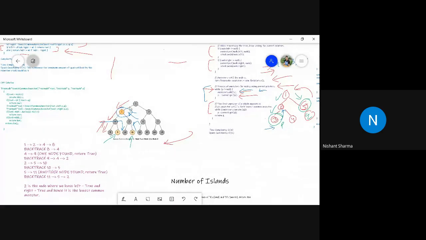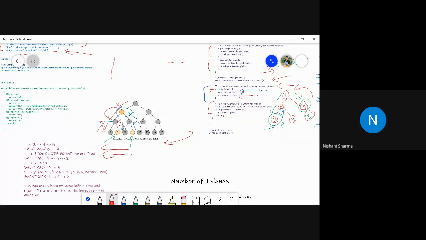In this, we tried to do the DFS using the root node. So we will move like this. We start with the red arrow, and we get till 8. Once we are unable to find any node, we backtrack to 4. See this line? So we backtrack to 4, and then again we check for the right node, which is 9. Once we find 9 as one node, we return true, that we are able to find a node at least. Then we check for 4, whether 4 has any other child, no. Then we check for 2, whether 2 has any other child, no.